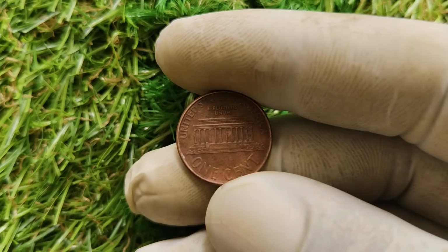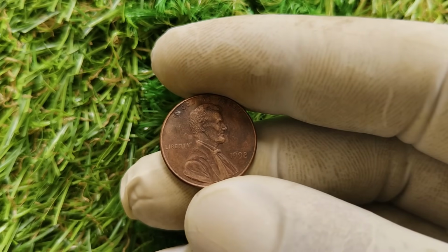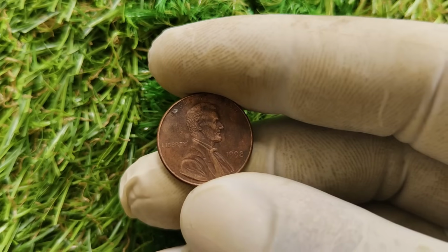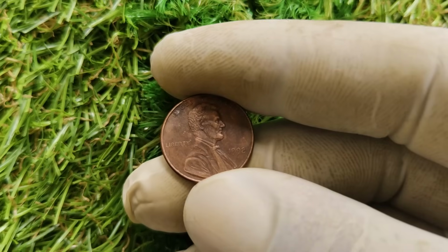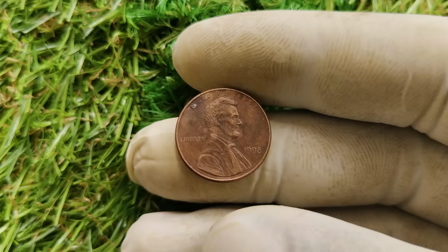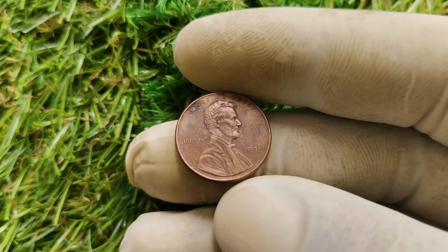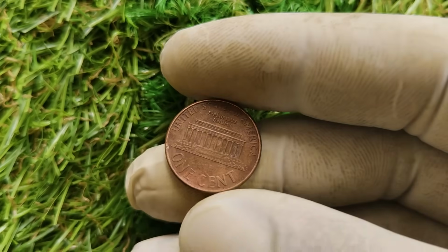Now imagine that you're a collector searching through thousands of coins, hoping to find one such treasure. Most you encounter will be worn, their details softened by years of pocket wear, vending machines, and coin jars. But then you find it, a coin that looks like it just left the mint, glowing with its original copper brilliance. That's the kind of discovery that fuels the numismatic passion and sends auction prices soaring. Over the years,